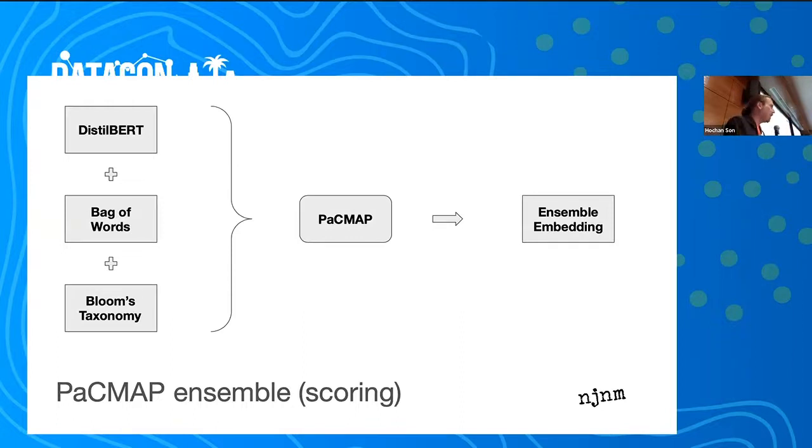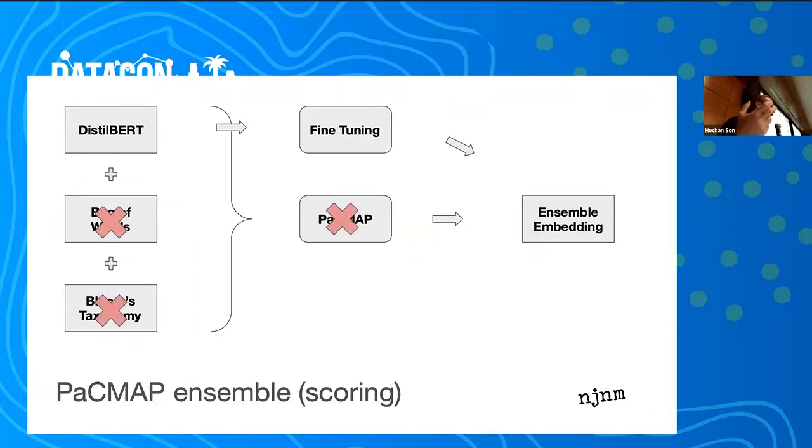Okay, so now I want to go back to this setup. Like I mentioned, this is too complicated for students, right? Because we've got DistilBERT and PyTorch, we've got the bag of words stuff with NLTK, we've got Bloom's taxonomy, which is hand-rolled, stacking them into PaCMAP. So what we're going to do instead is another round of fine-tuning and then completely skip all the other stuff. And now you're just left with a regular Hugging Face transformer that you can just deploy as an API and call it good. All the other stuff is still in there, but it's no longer needed for the